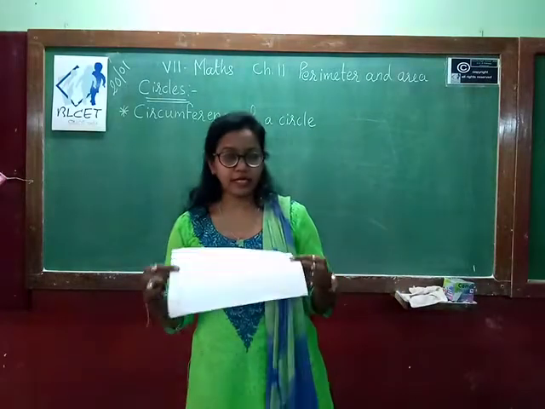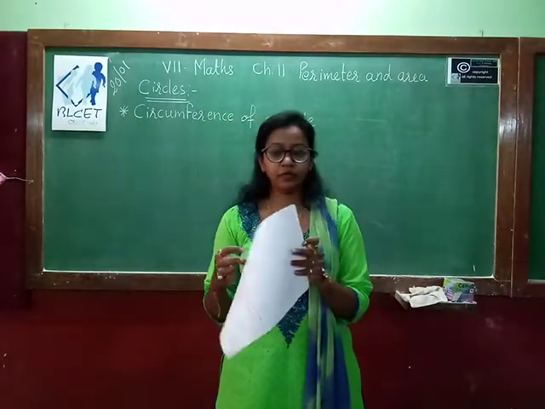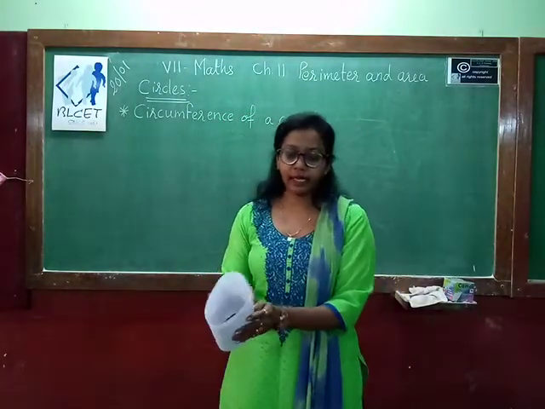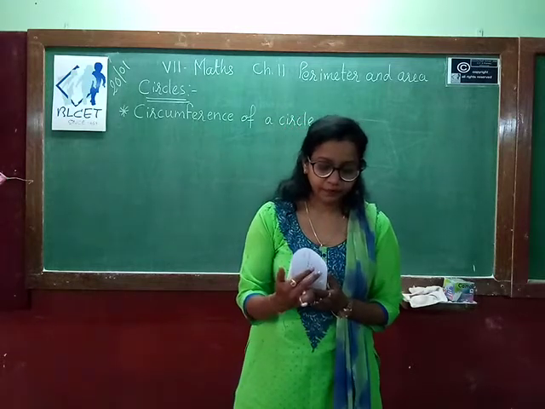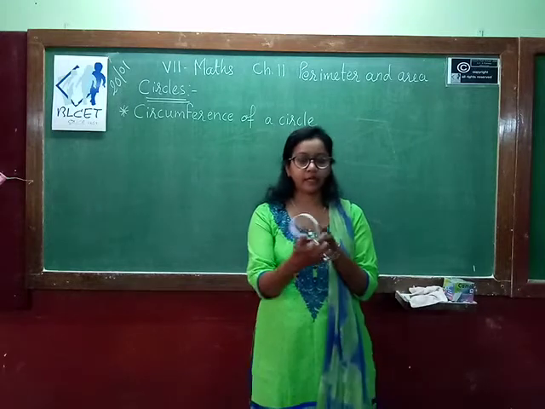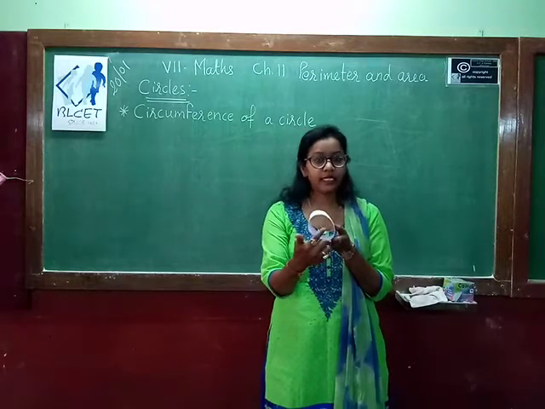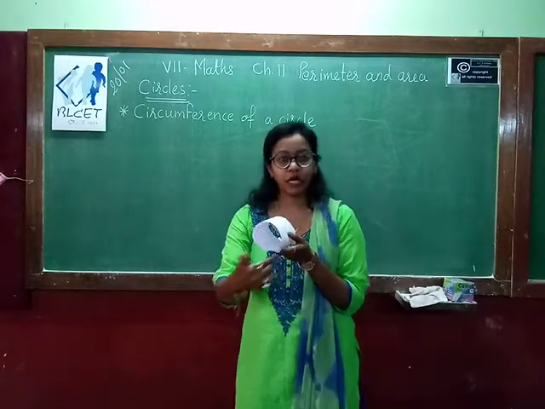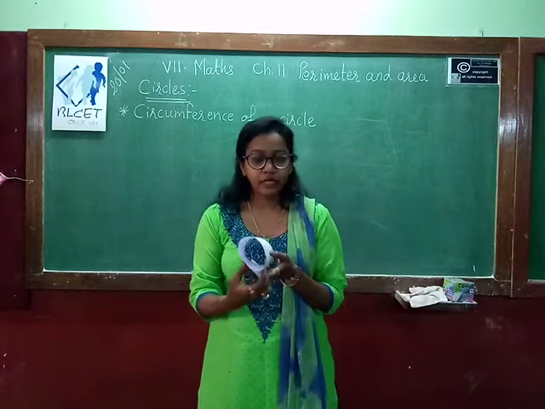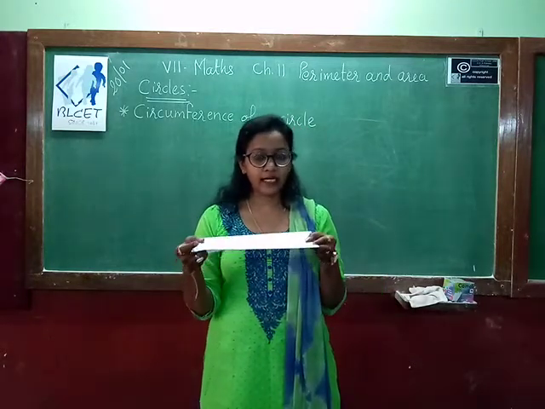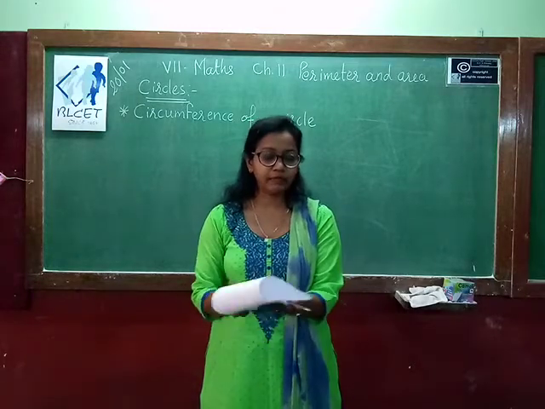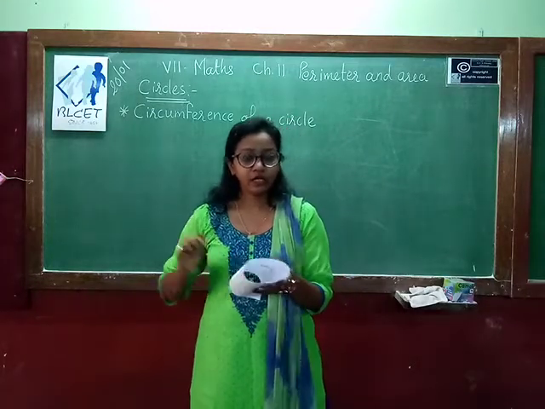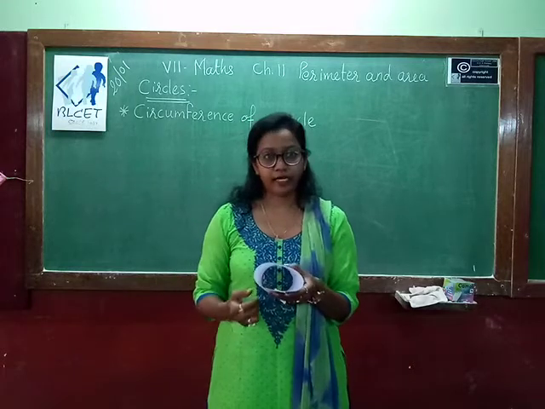Suppose this is the cardboard, and when you wrap it like this, it becomes a circle. This is the circular portion that you are getting. Now the lace required to cover this boundary. We know that it is a rectangular edge, this is the straight line. When you fold it, it becomes a circle. So the total length, how will you find?